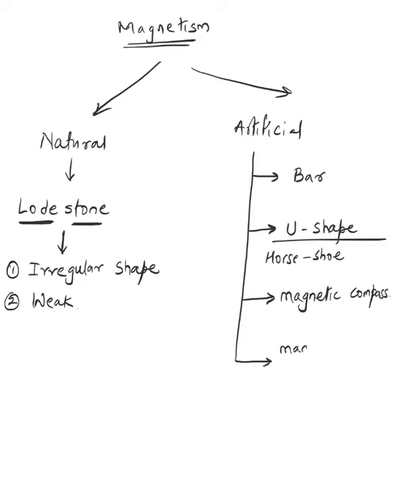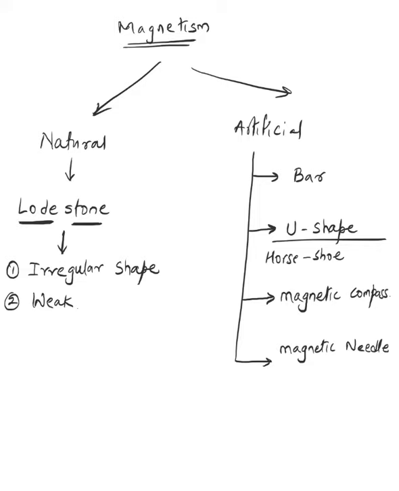And the last one is a magnetic needle. Again, what's the use of a magnetic needle? It is used mainly in labs to identify the polarity of unknown magnets. For example, if you have some old magnet and you don't know which is the north and south pole, you can use a magnetic needle and find out which is the north and which is the south pole.